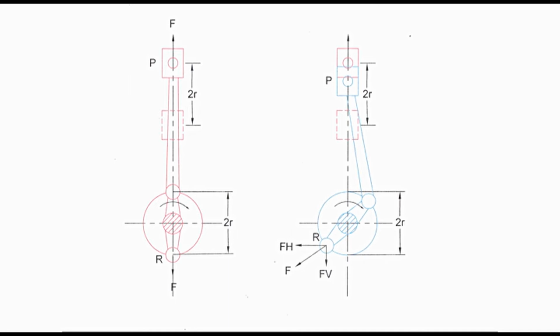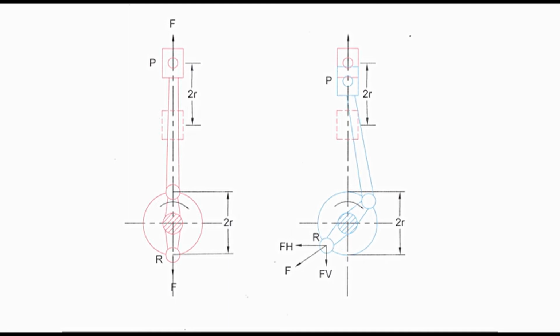The diagram on the left in red shows balancing mass R opposite to the crank pin when the piston is at TDC or BDC. Its distance from the crank pin is equal to twice the throw, that is 2R, as shown here. Obviously, the engine stroke is also 2R. The revolving balancing mass will have centrifugal force F acting downwards as shown. This will balance force F acting upwards at the center of the piston. Hence, in this position, the forces are balanced.